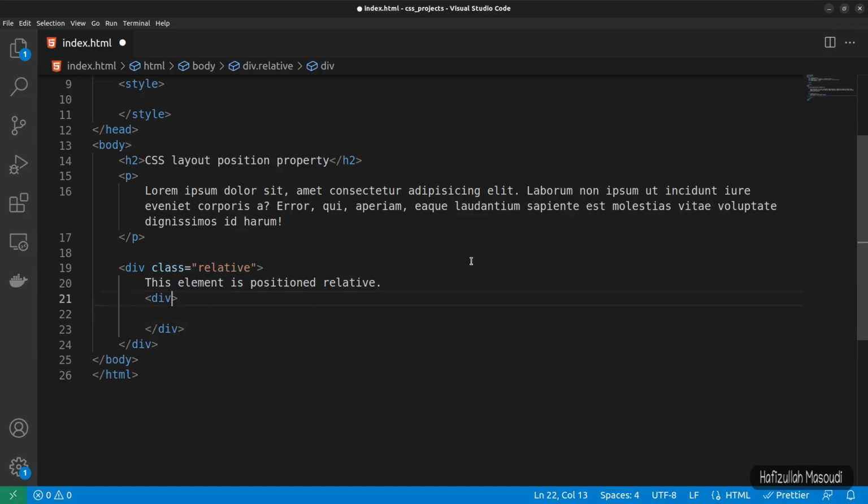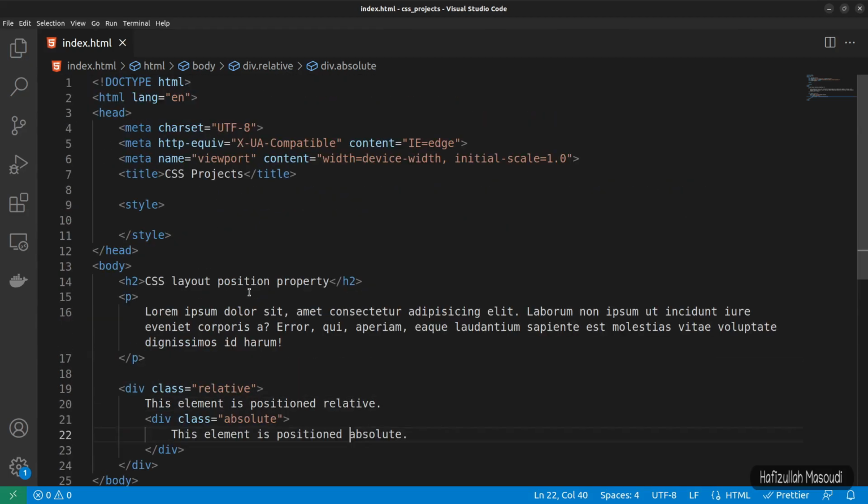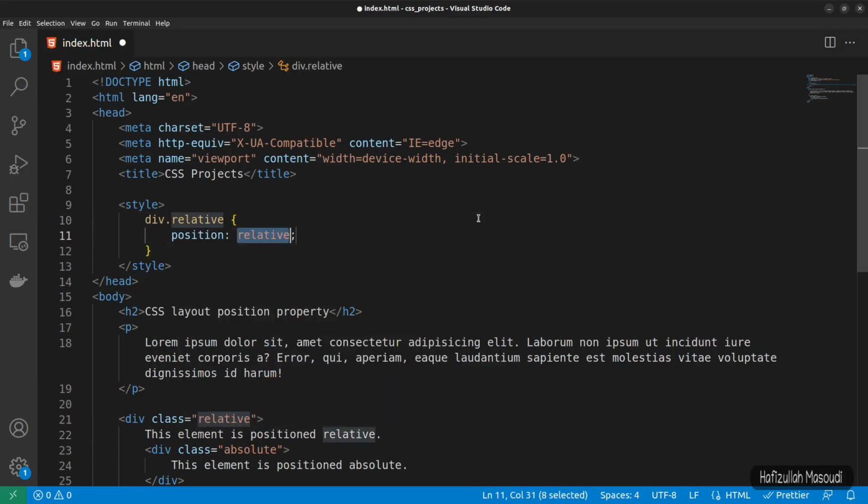So div, and let's give it a class of absolute, and for the content let's duplicate this one, and for the text let's say this is an absolute element, so absolute in here. Now let's style these divs. So in our style tag, first of all let's say div.relative, and for the position let's say relative,